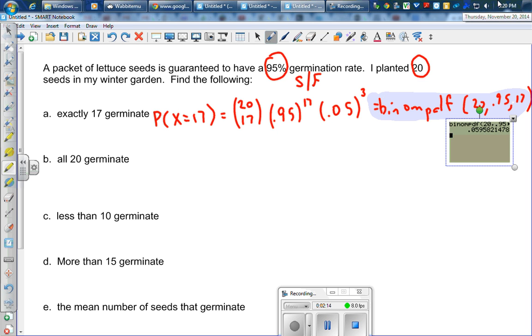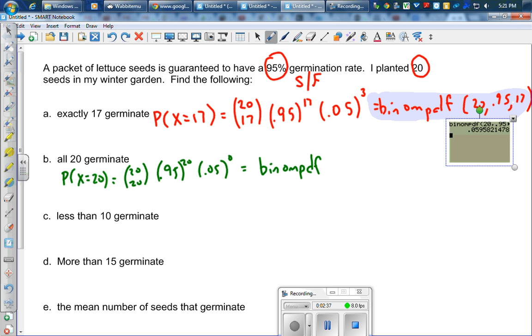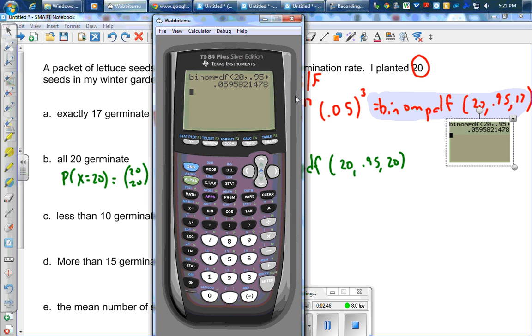Now on the next part, they asked me the probability that all 20 germinate. So that's the probability x equals 20. I really don't need to write the formula again because I've already done that. The formula is 20 choose 20 times 0.95 to the 20th times 0.05 to the 0. You don't have to really write that. It's the binom PDF of n, p, x, and I don't really have to write that either, but on my calculator,